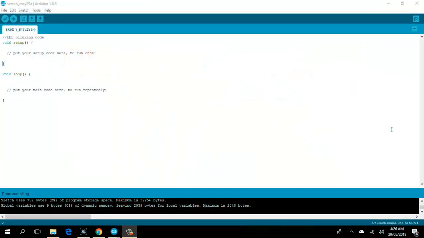Hello guys, today I will write my first program in Arduino. My first program is LED blinking. I will write code for a blinking LED. Before writing code,